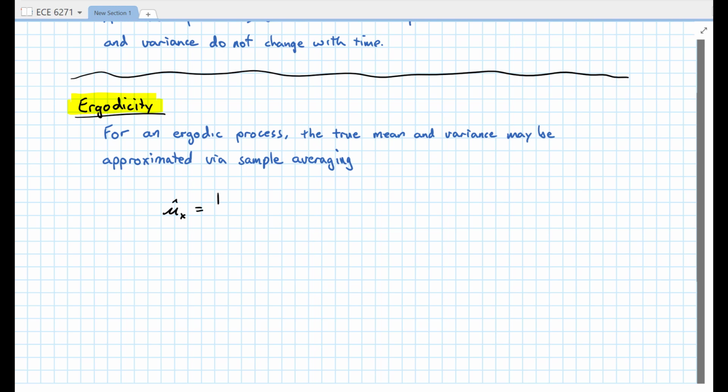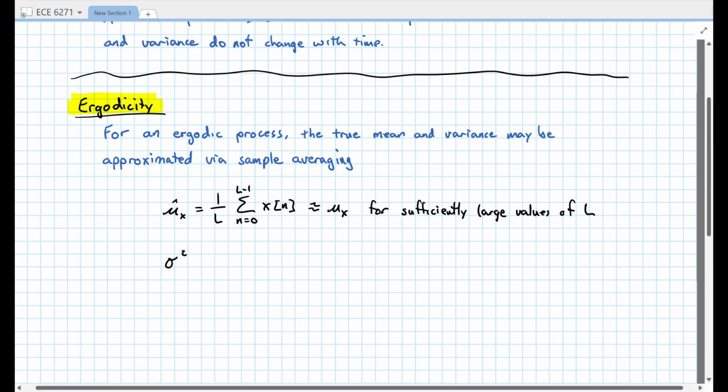That is, the mean we would expect to be just the sum over a number of temporal samples. So for an ergodic process, this works for sufficiently large values of L. Likewise, we can estimate the variance